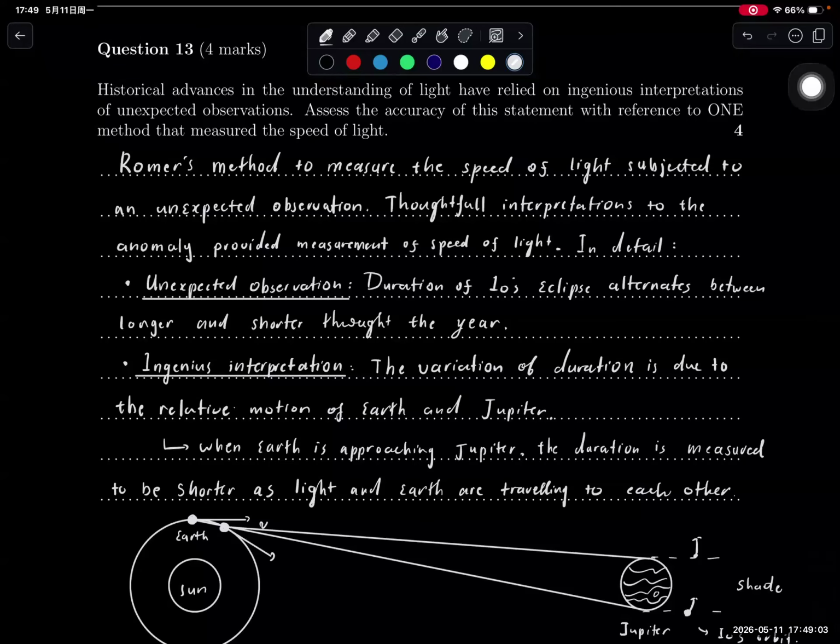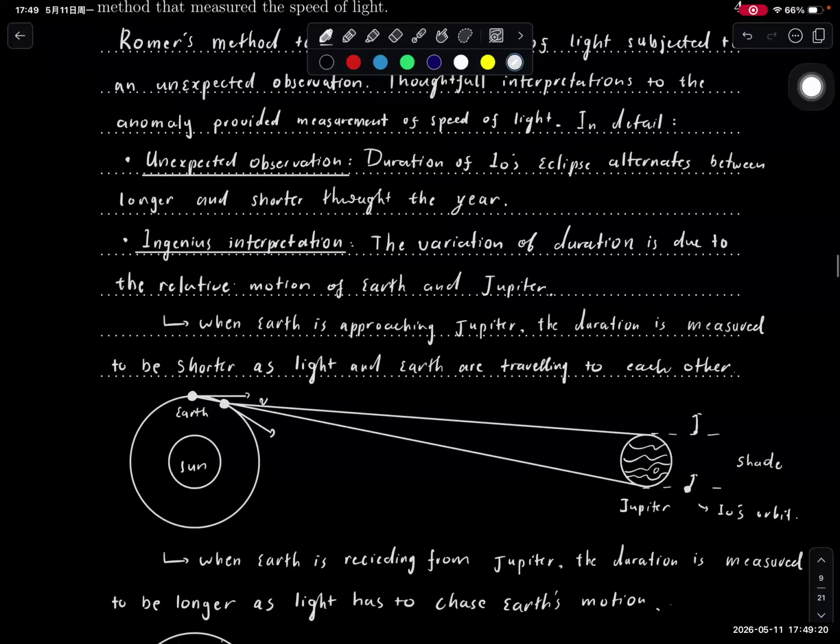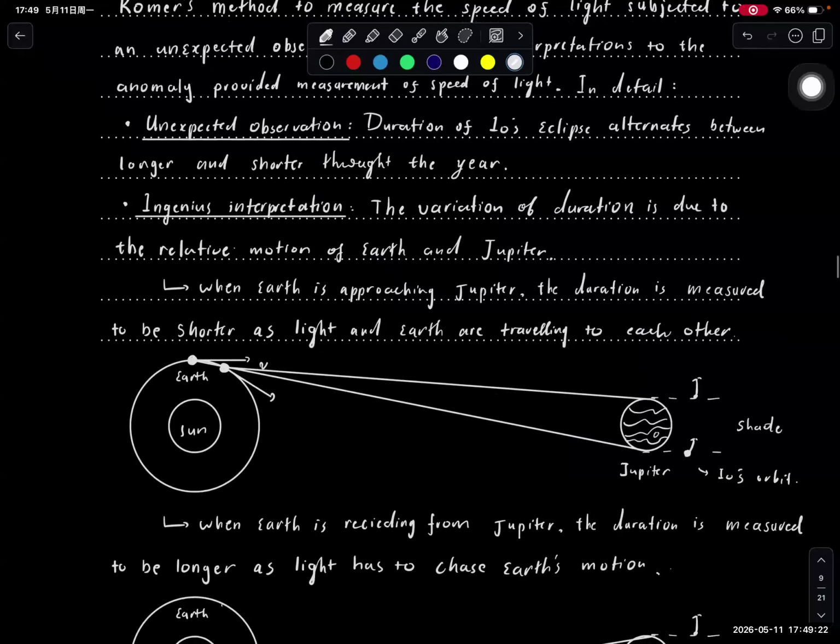The ingenious interpretation is that the variation of the duration is due to the relative motion of Earth and Jupiter. This one is talking about experiments, so you better go into detail about this experiment, justifying how this is different. When Earth is approaching Jupiter, the duration is measured to be shorter as light and Earth are moving